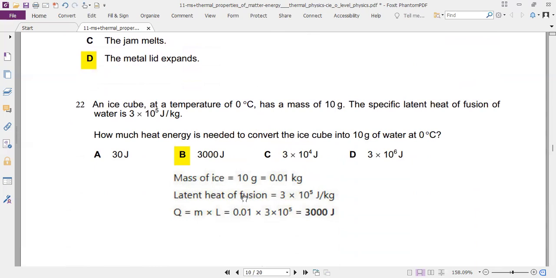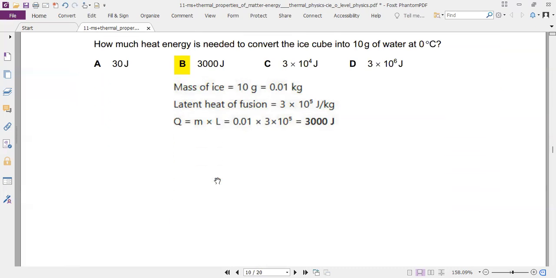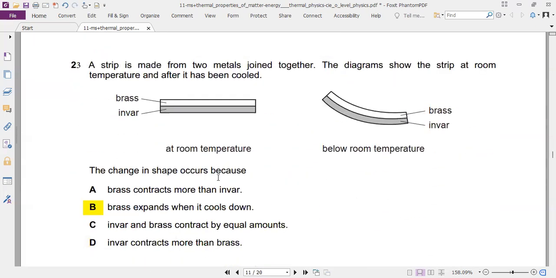Putting all the values in the latent heat formula, energy will be M times L, 3000. Not included in our syllabus. Don't worry if you don't understand. So, INVAR has more